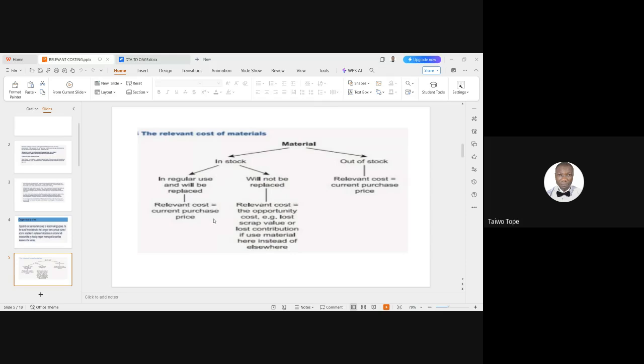Number one, you must ask yourself, is the material in stock? This is a question you ask yourself. Sometimes the question will tell you that you have a quantity of material in stock. Once you establish that the material is in stock,